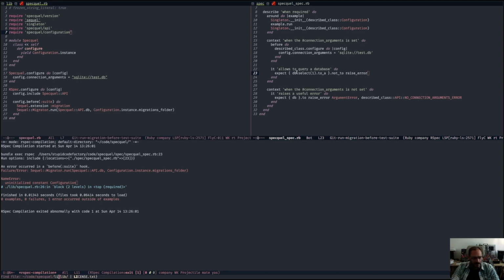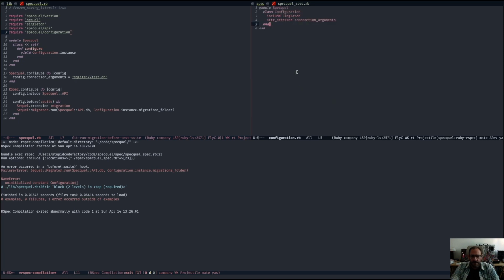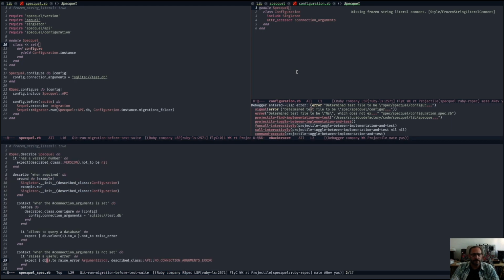There might be something not working. Yeah, it is here. Module specquel and then configuration. All right. So it's complaining that lib specquel line 26 is not finding